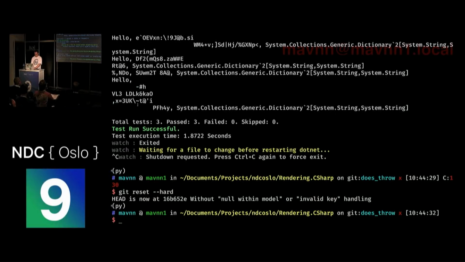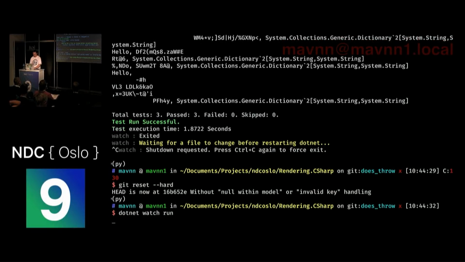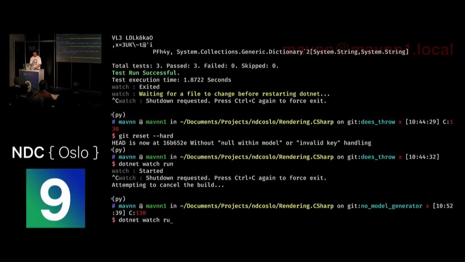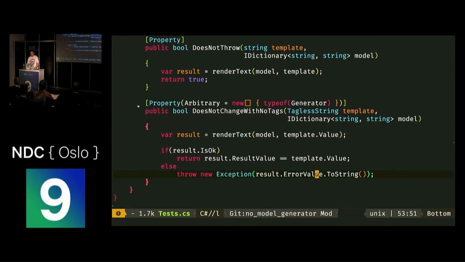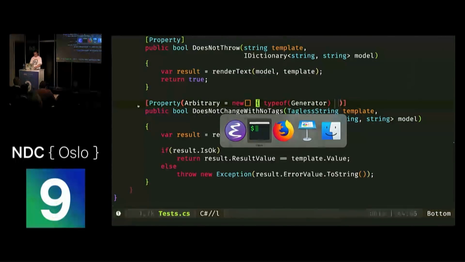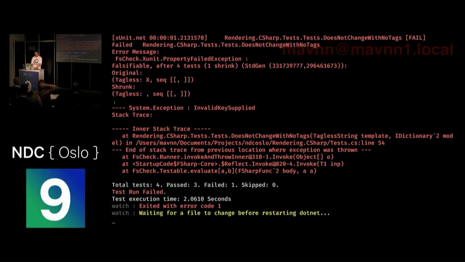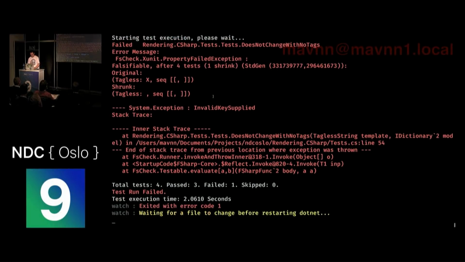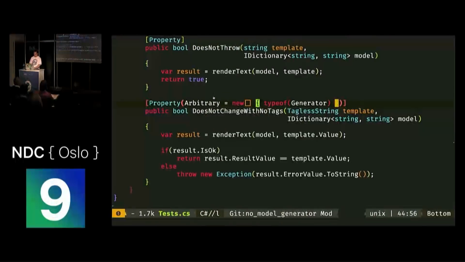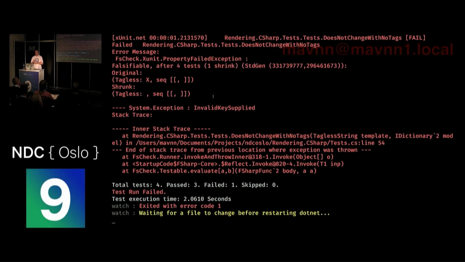Let's get that running again. So that's great, but we also have this piece of magic here. Let me just check. Let me see if that runs. Yeah, and it turns out we've got two problems. So one is we've got this piece of magic here, which we'll explain in a moment. And the other is that